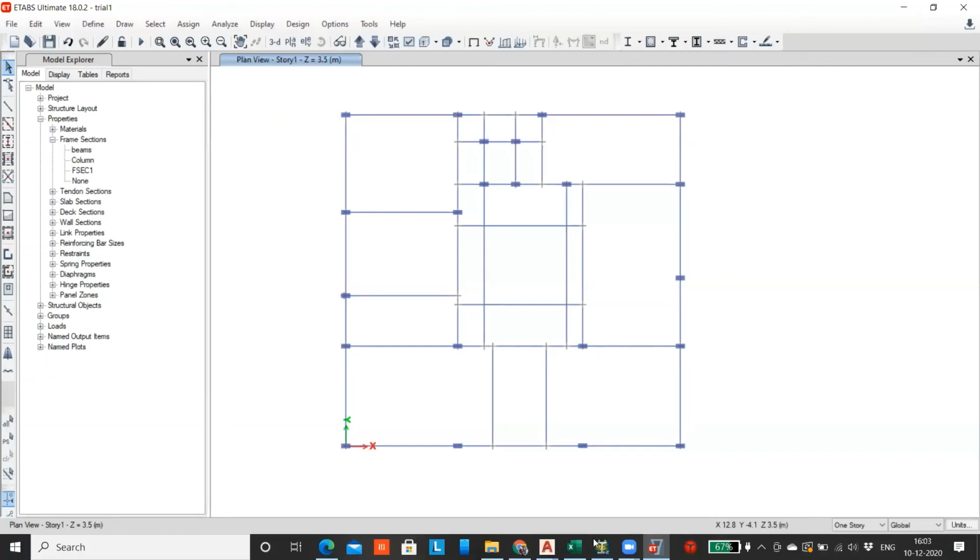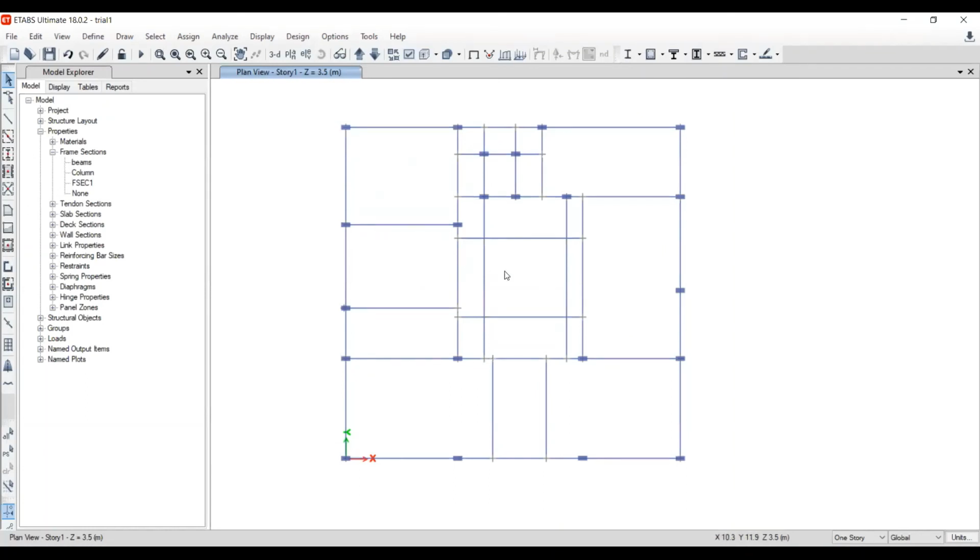You cannot measure this distance and type it over there in ETABS. It is better to create the center line diagram, and that center line diagram you can export into the software, and you can make sure that it will come out in this portion so that you will have accurate distances, up to 3 digits or 4 digits after the point. The software will automatically give the accurate results. Okay, so this is how we have to do it.